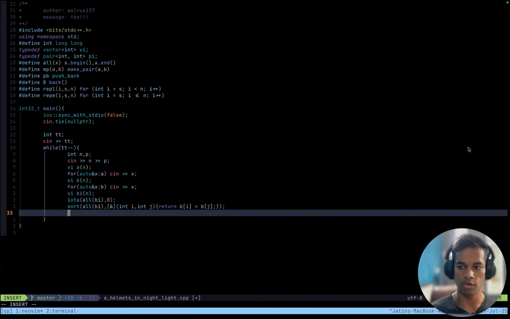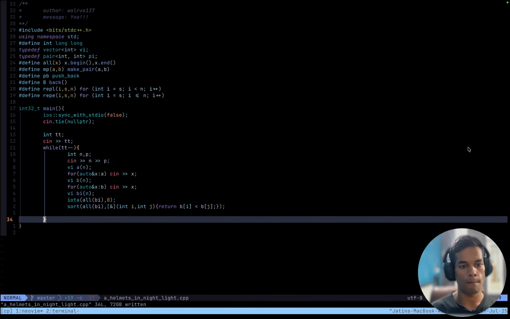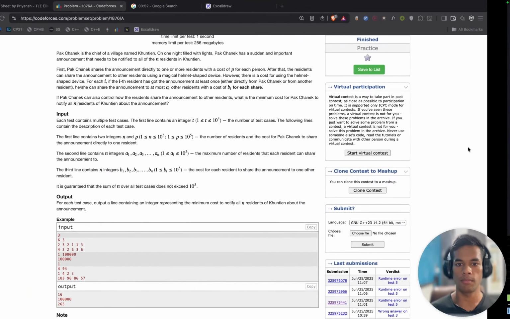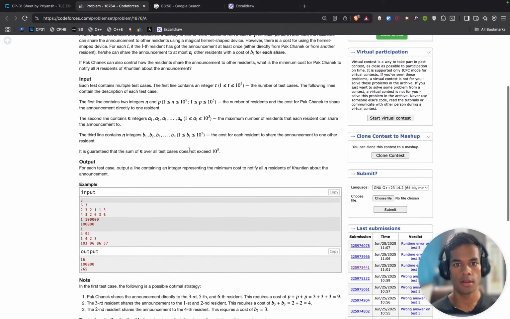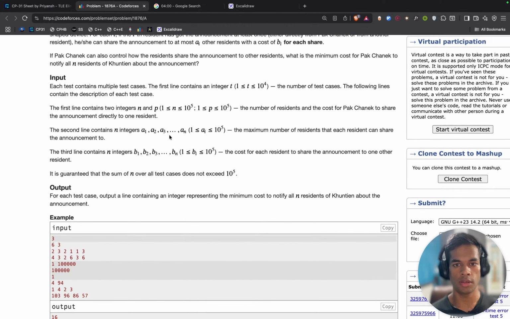Right, now it is sorted and I have the lowest cost here. Okay. And after that, that is sorted.